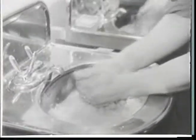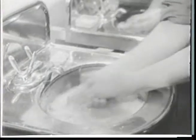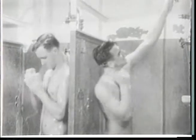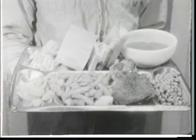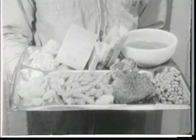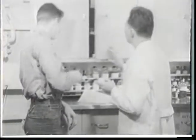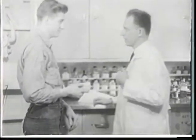A high standard of personal cleanliness is also a part of good biological protection. The expression that too much soap never hurt anybody is especially true if biological warfare is a possibility. Well-balanced meals help build up your resistance to disease. In addition to vaccines and good general health, a degree of protection is afforded by the use of antisera, antibiotics,